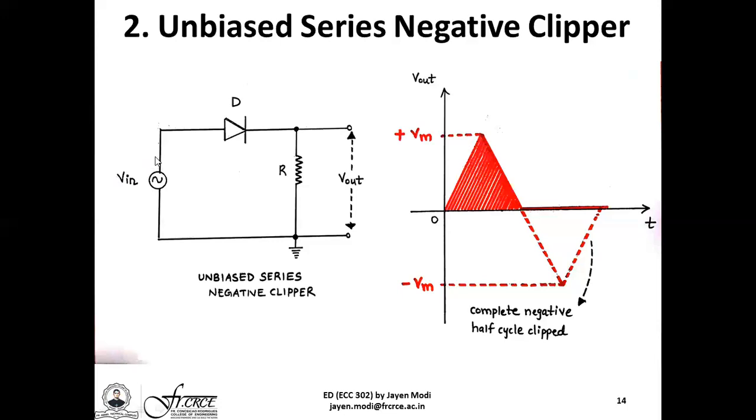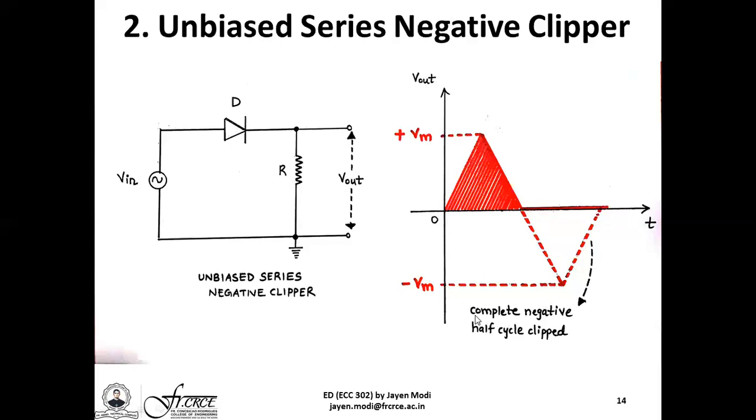You have a negative voltage connected to the anode terminal of the PN junction diode, which will make it reverse biased. It will not allow any current to flow through it. It will simply behave like an open circuit. Once the diode behaves like an open circuit, there is no way the AC input signal can be transferred from the input side to the output side. That is why for the negative half cycle, you do not have any voltage obtained across the output terminals itself.